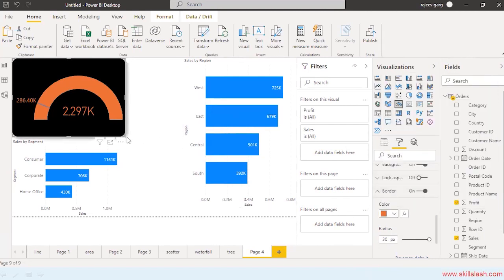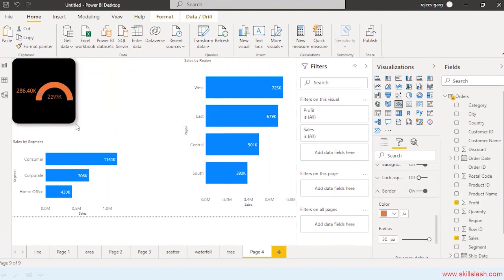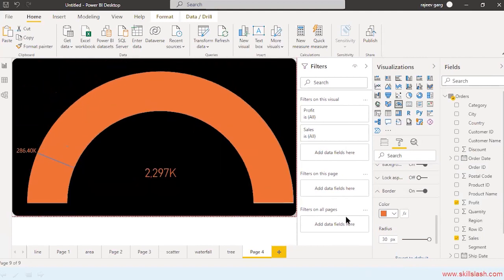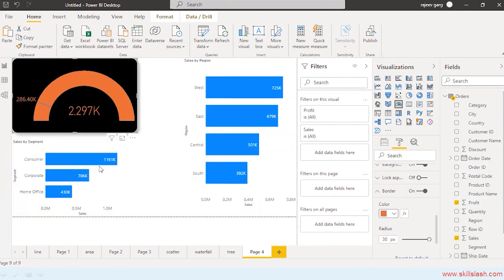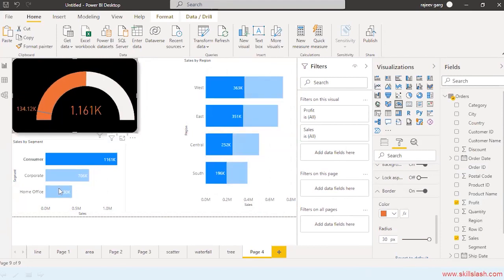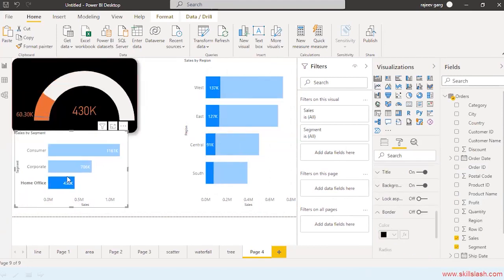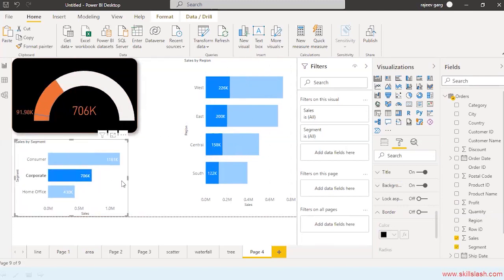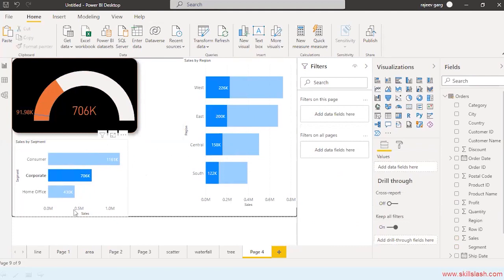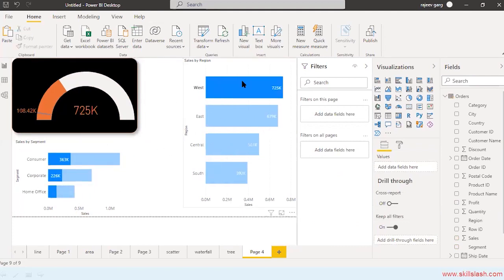Okay, here it is. So here is your gauge chart, right? So this is your gauge chart. Right?